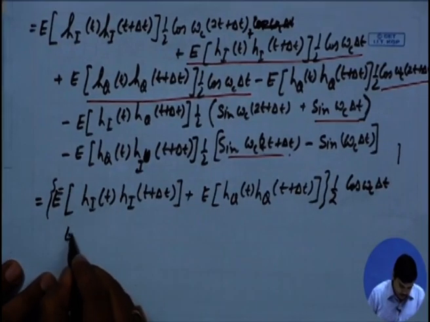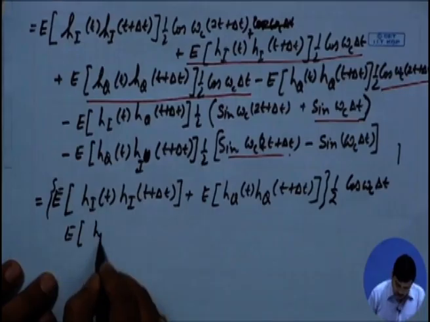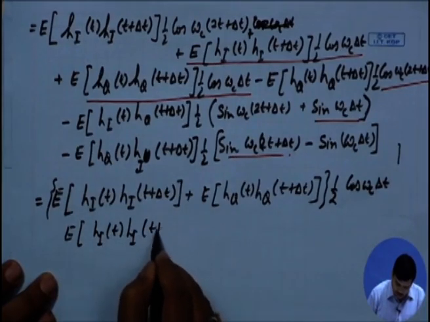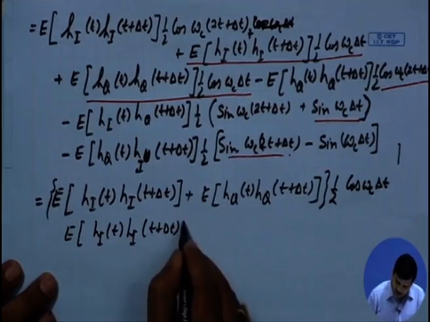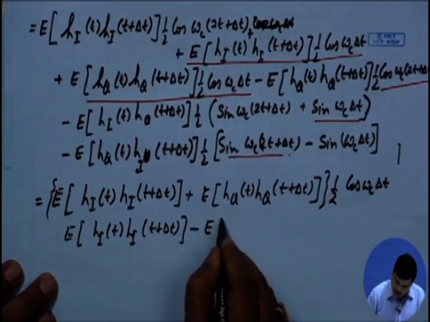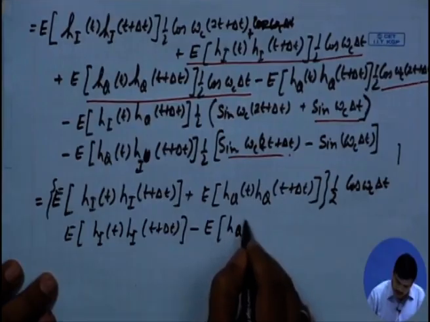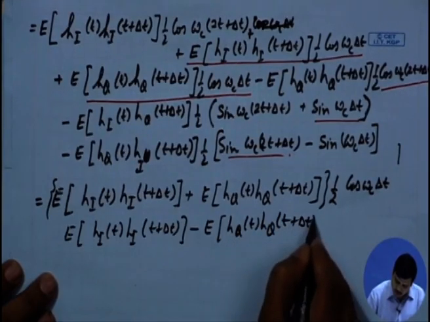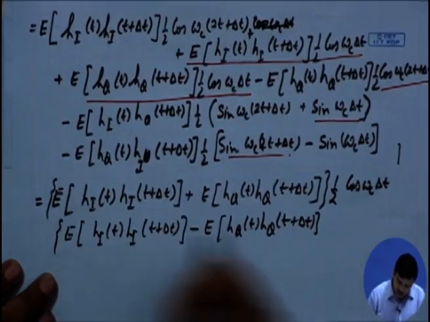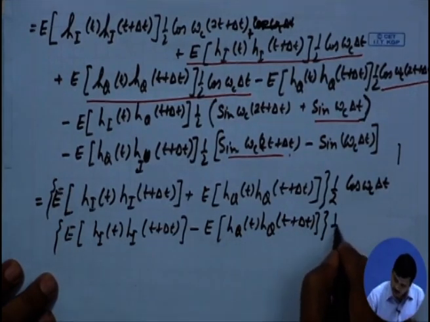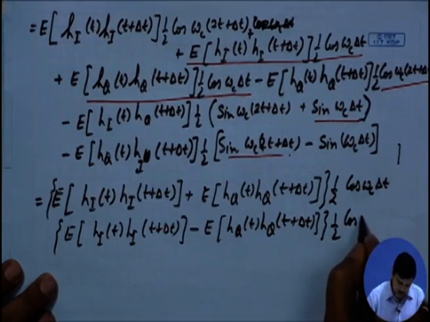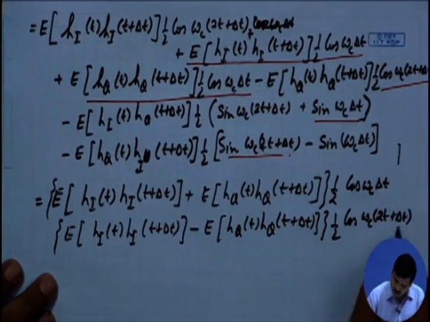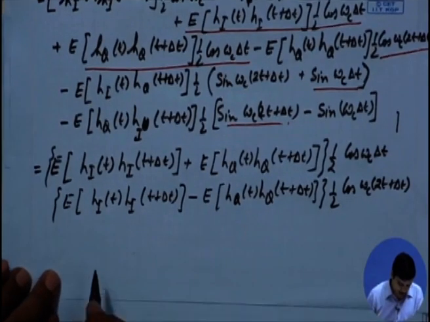We also have E of hi of t plus delta t minus E of hq of t of t plus delta t with half cos omega c 2t plus delta t, and then we have the other terms,